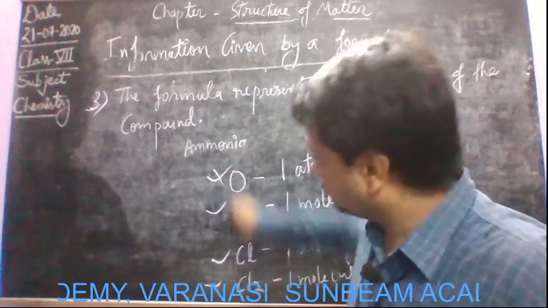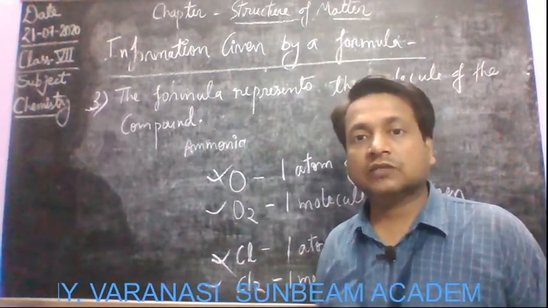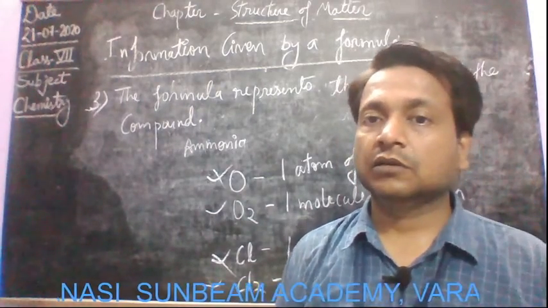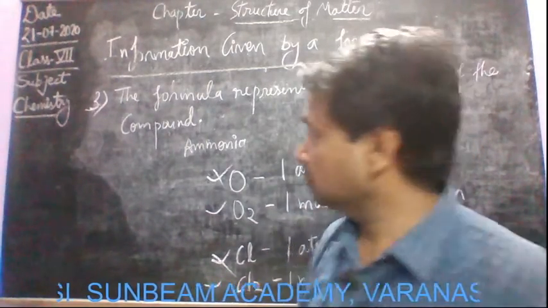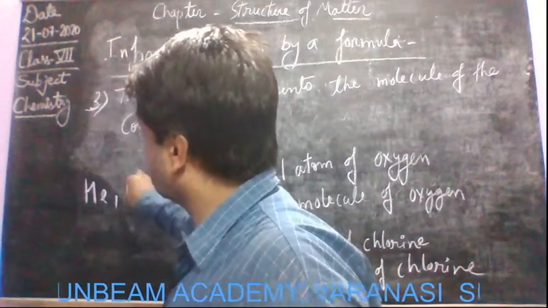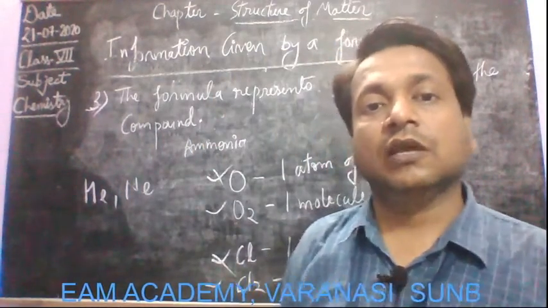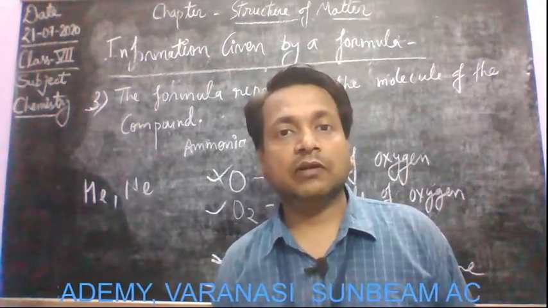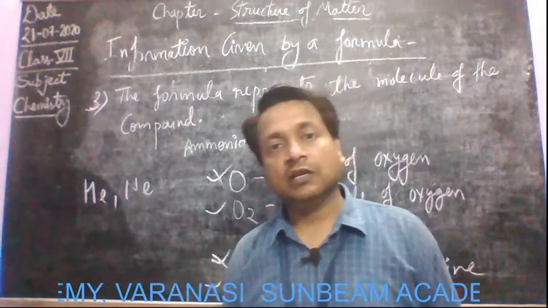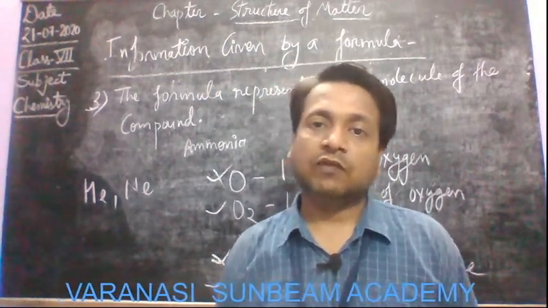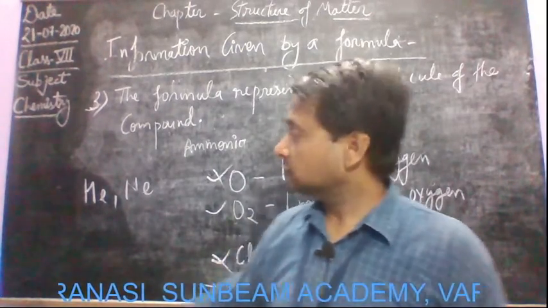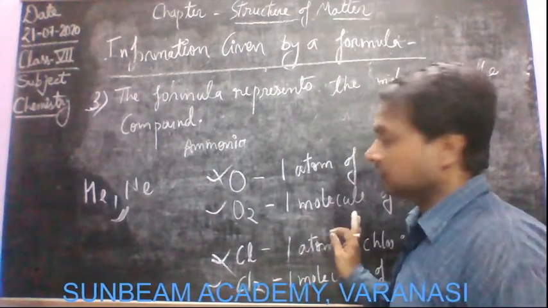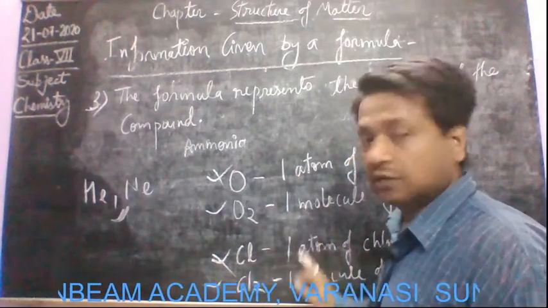As these two forms do not exist, here we will not use the term monoatomic for oxygen and chlorine. We can use the term monoatomic for helium and neon because they exist in this form. One molecule of helium is one atom; one molecule of neon is made up from one atom of neon. So that is why these are termed monoatomic elements, and these are termed diatomic elements.